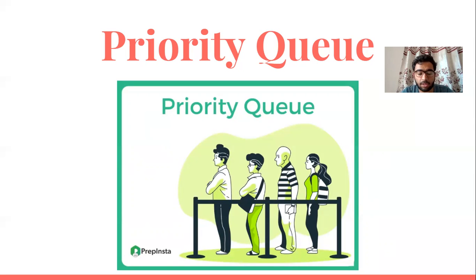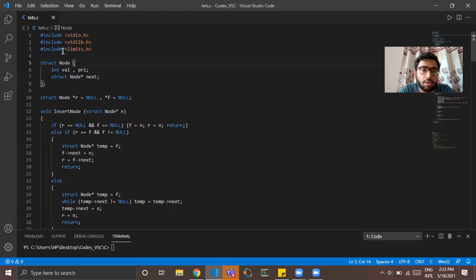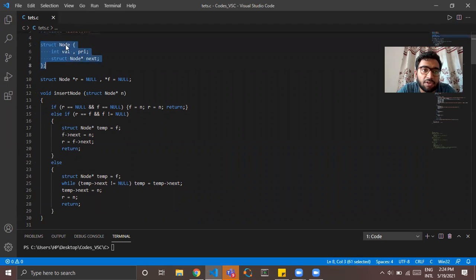So before anything else, let's move on towards the programmatic implementation of priority queues. In this implementation, we have used a couple of libraries: stdio.h for basic input and output operations, and stdlib.h because we are using dynamic implementation. That means we are taking memory from the heap and freeing memory back to the heap. And limits.h. Now limits.h will be used later in determining the element with the maximum priority; we will come back to this point later. So this is a structure that we are using in place of node, not in place of node. This is the node itself.